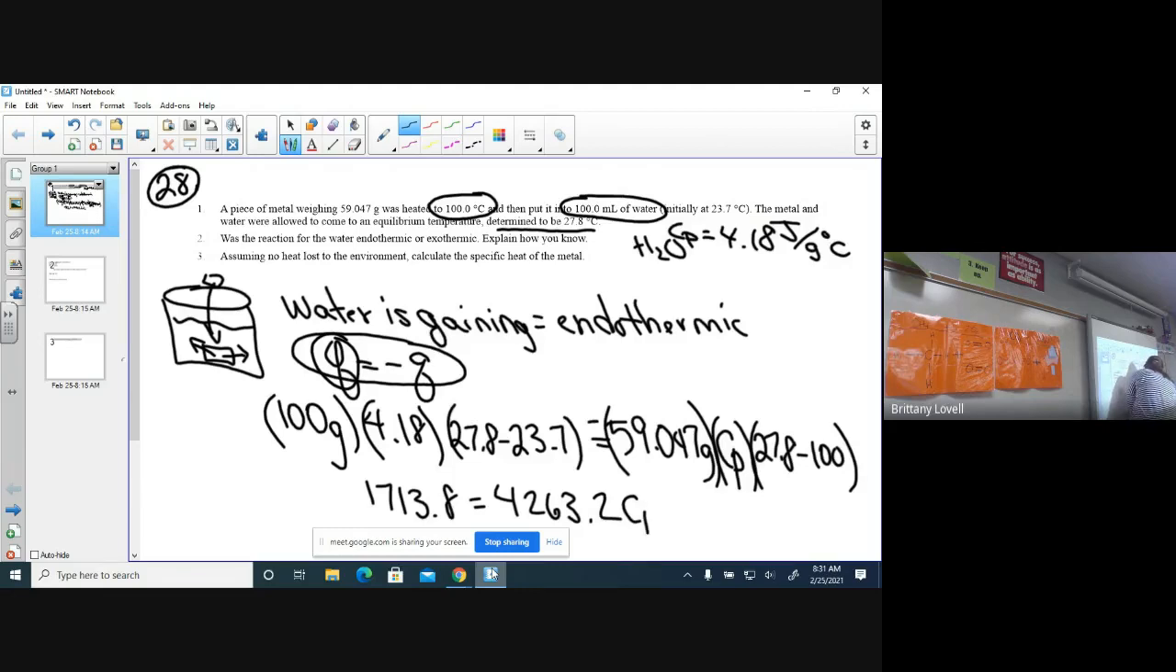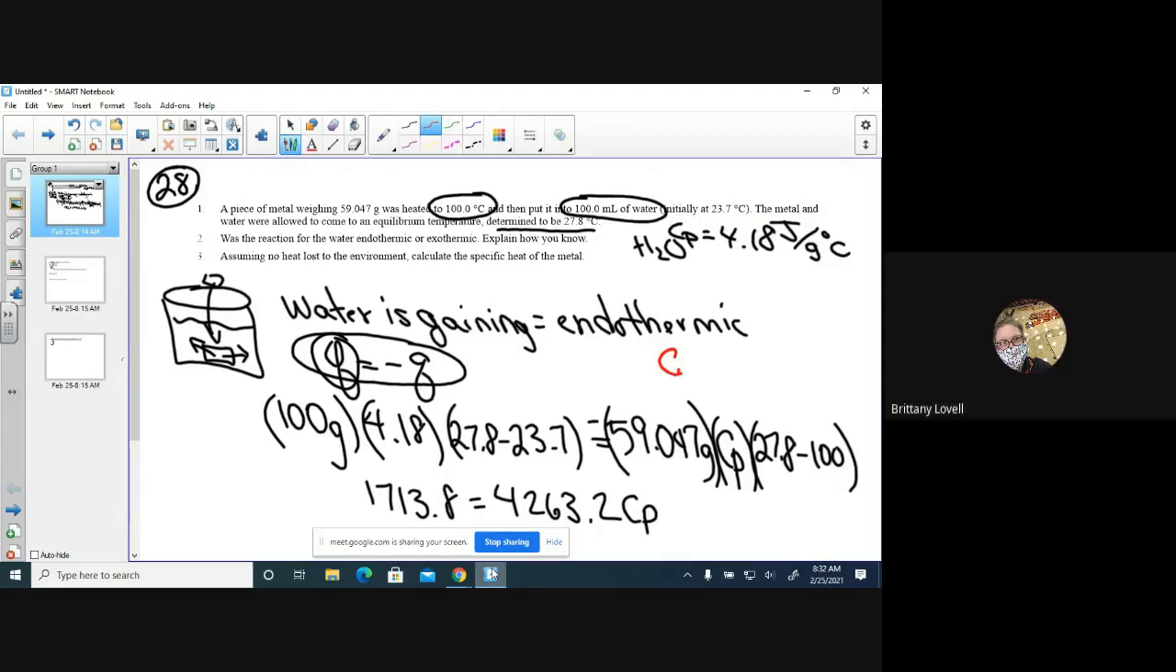4,263.2 times CP. Now at this point, what do you do with your numbers? Divide the one with CP. Yeah. Divide that number. Right. You divide both sides by the one that's attached to CP. So you're going to divide everything by 4,263. And you end up with 0.402. So I'm going to write it here. CP ends up being